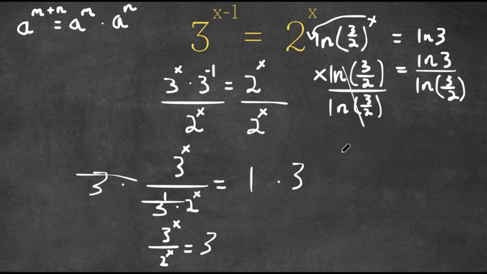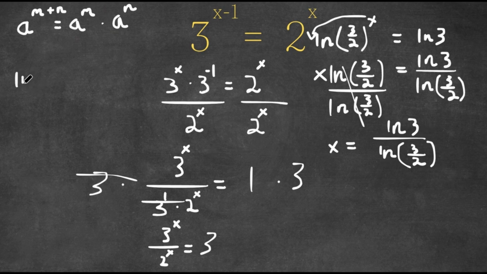So now these two cancel out, and we are left with x is equal to ln 3 over ln 3 over 2. Now, although this is a fine answer, this can actually be simplified because if we have something